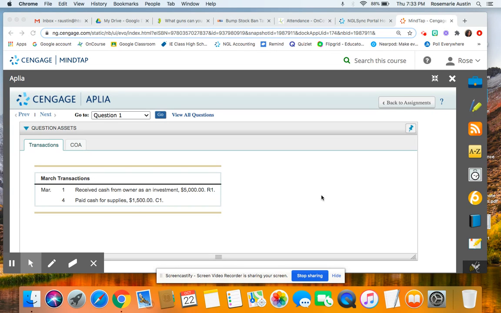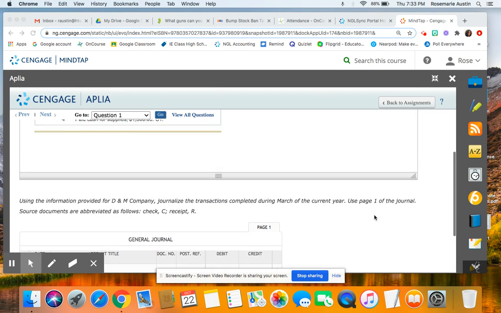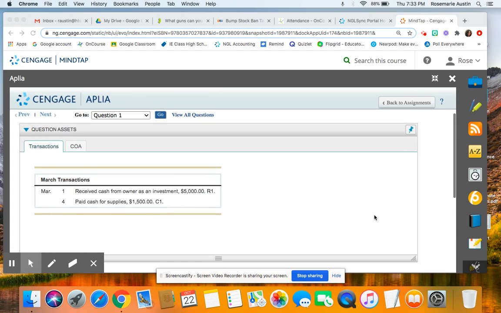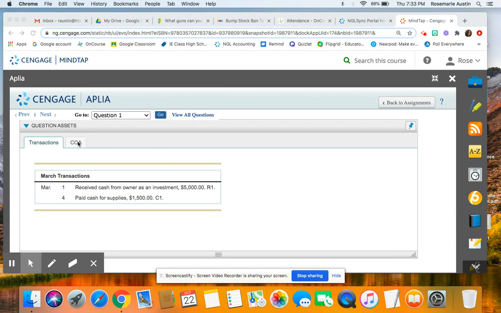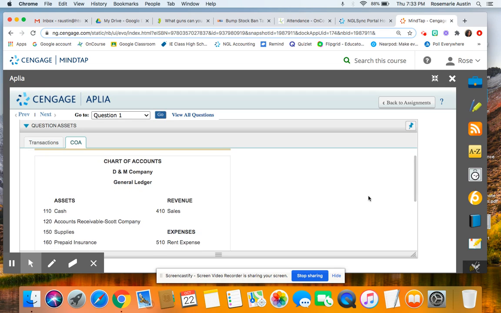Okay, it's real simple. We only have two transactions here. We're going to enter these into a general journal. And before we do that, we're going to click on this other tab here. The COA stands for Chart of Accounts. Click on that just so that you can see the different accounts for this company in this problem here,